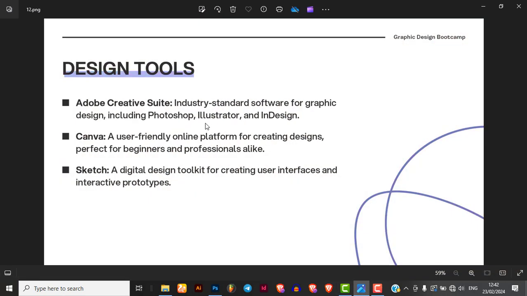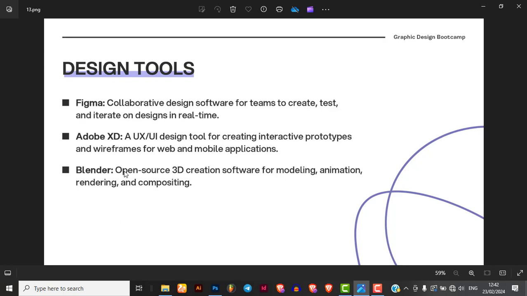Design tools, we have Adobe Creative Suite, industry standard including Photoshop, Illustrator, and InDesign, we have Canva, Sketch, we have Figma, Adobe XD, Blender, and